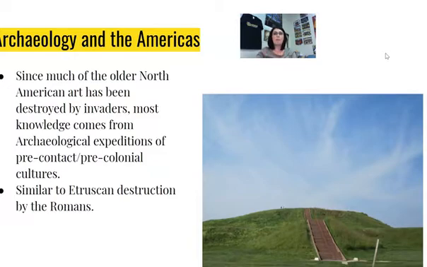But before that, we did have cultures here that were settled and established large works of art and architecture and were creating advanced cultures here. But unfortunately, a large deal of that is gone due to the arrival of Western settlers or people from Europe who settled across this way. So in many ways, a lot of what we have of North America is what remains of what has been destroyed or abandoned.